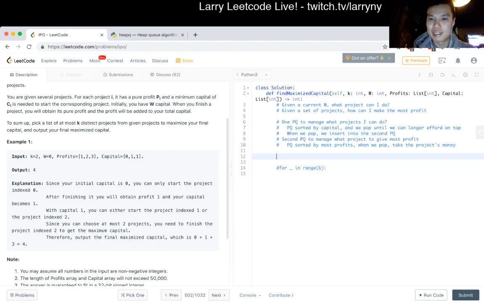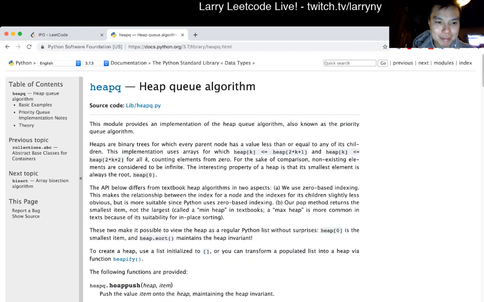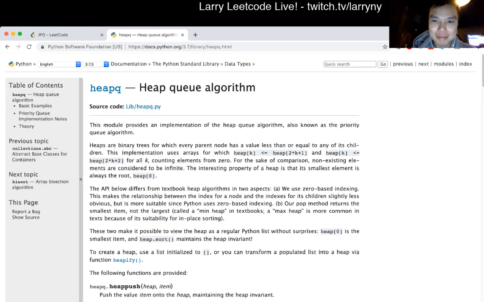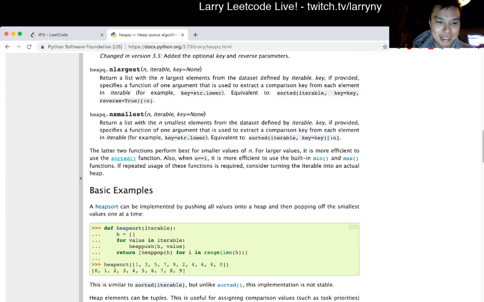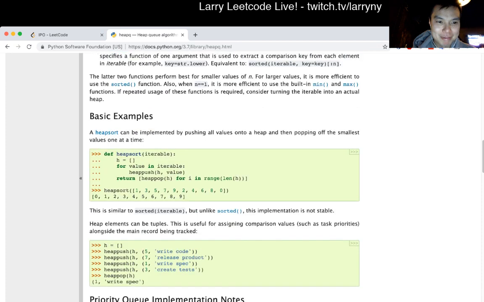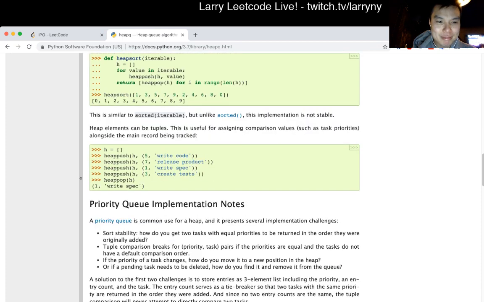Okay, first we have the can do queue. Let's just call it can do queue because I can name stuff today. So you go to heap queue. Now this is just a heap queue algorithm. Okay, so you just give it an array, and I guess it just does it for you.